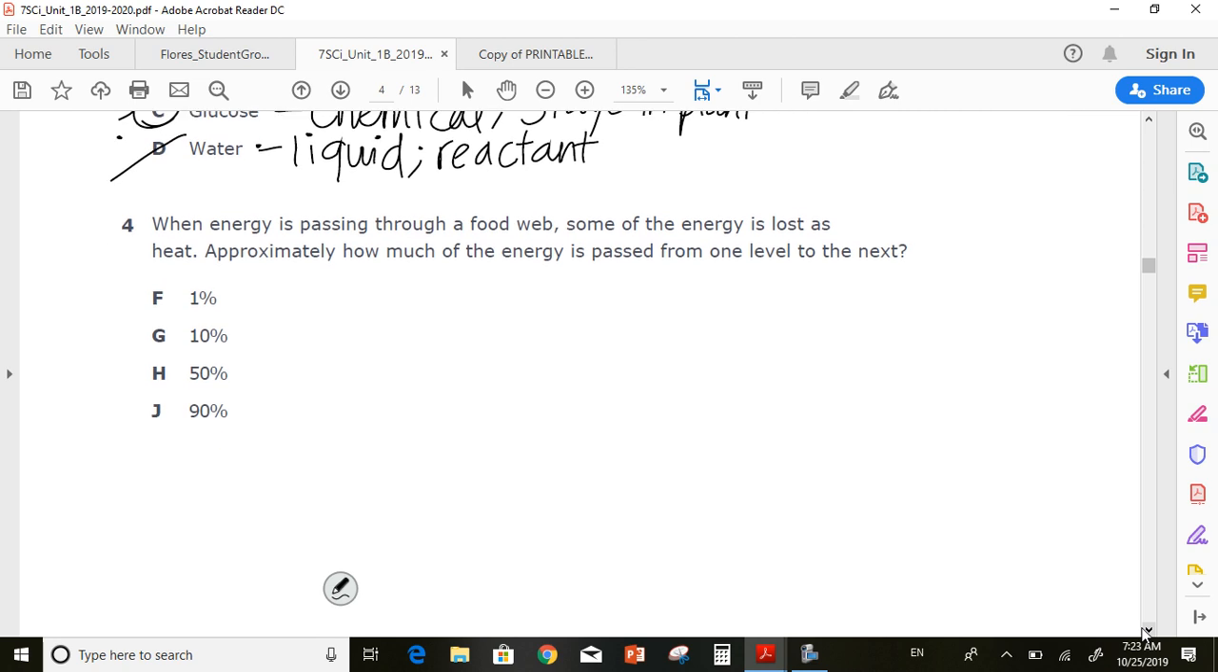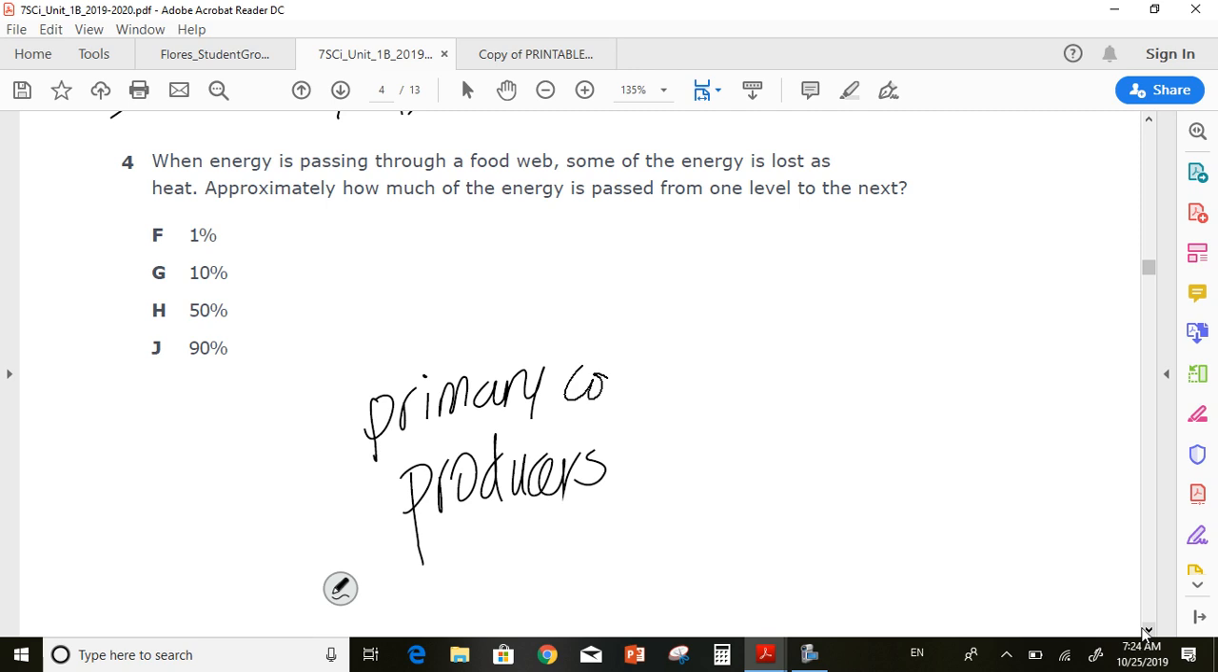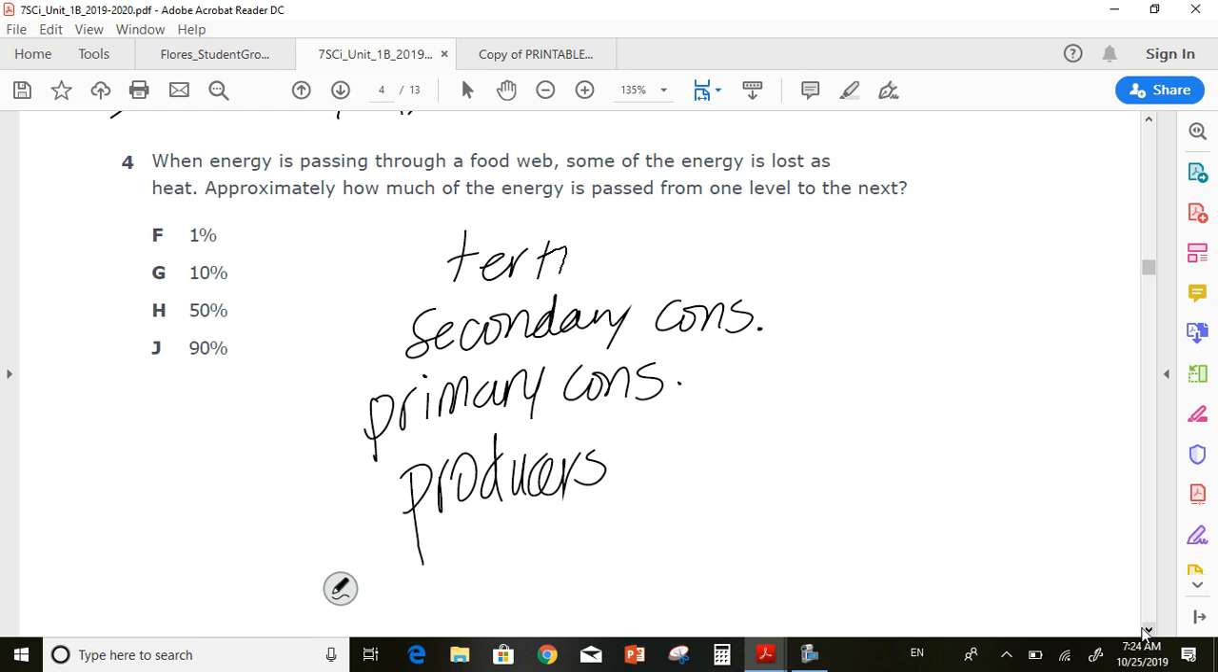Number 4, when energy is passing through a food web, some of the energy is lost as heat. Approximately how much of the energy is passed from one level to another? So if we have a food web going from producers to primary consumers to secondary consumers to tertiary or to the apex predator,